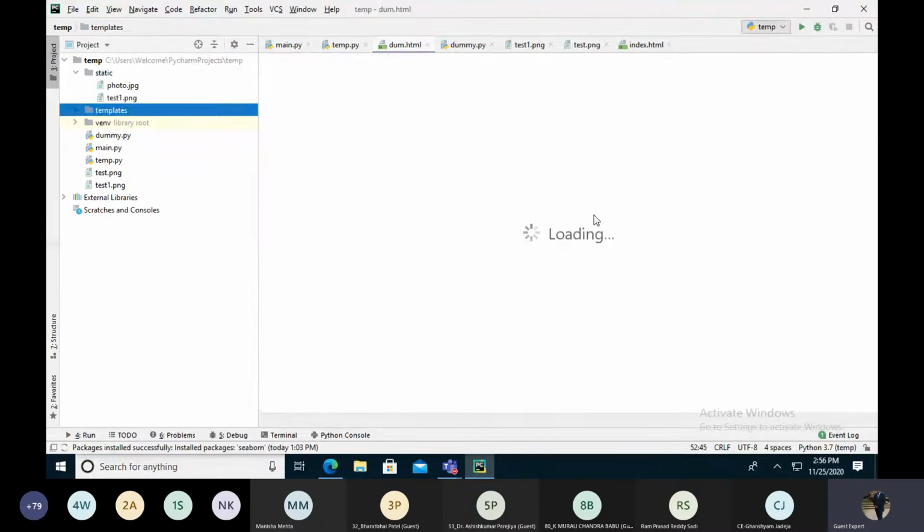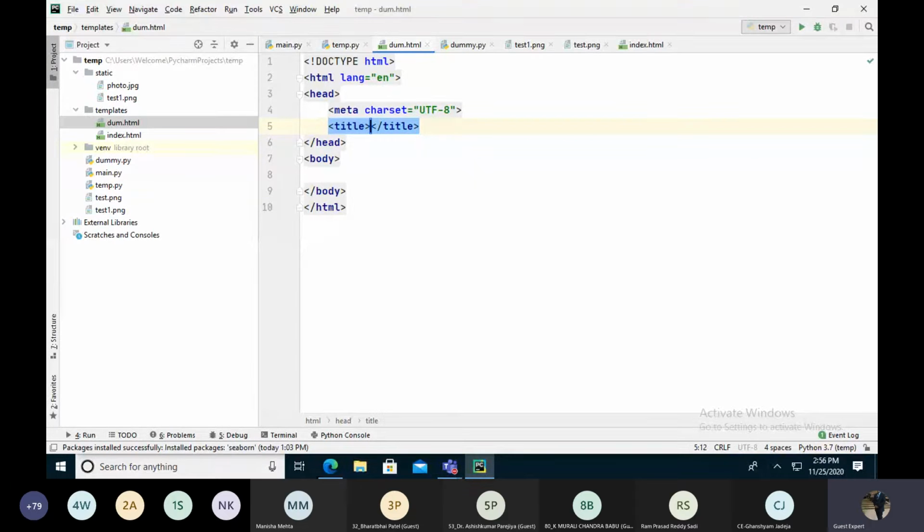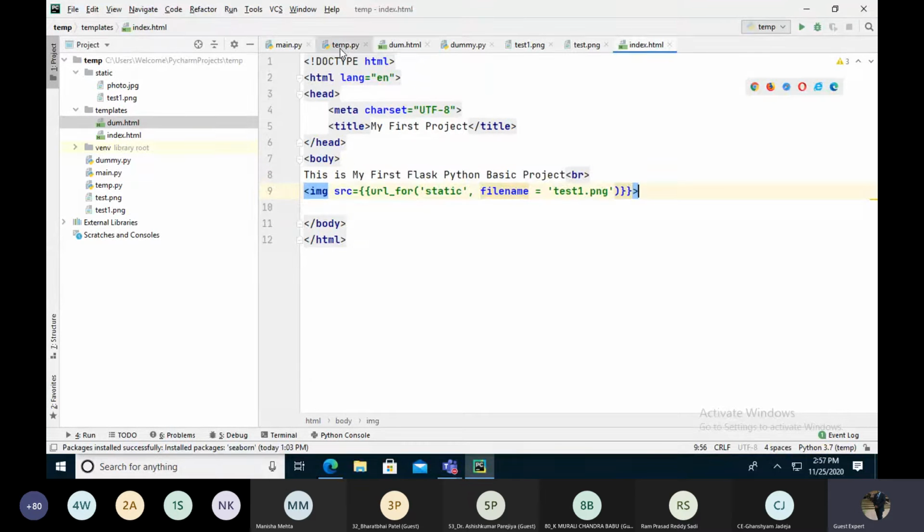I'm just creating a dummy HTML file, and in this body tag, right now I want to redirect from this index file.